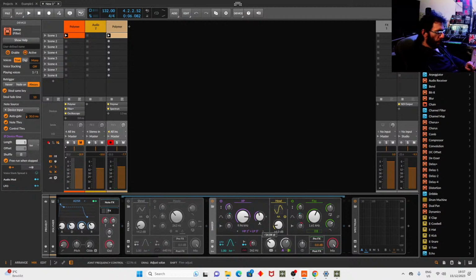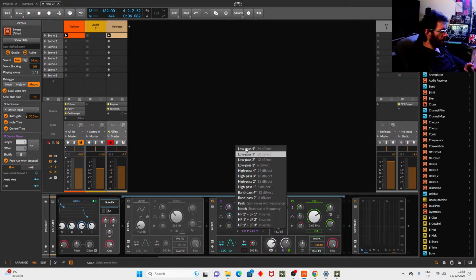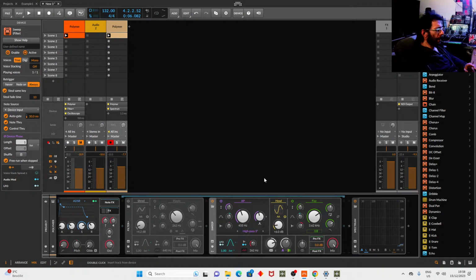So if I just move this knob left and right, it will offset the value of both cutoff frequencies. So basically I can easily make my custom bandpass filter if I just go with high pass here, for example, high pass 3, and low pass here,